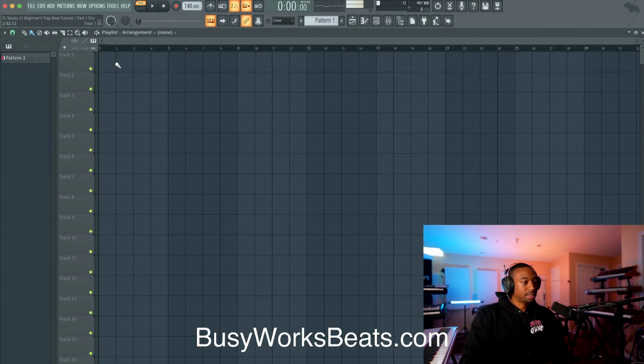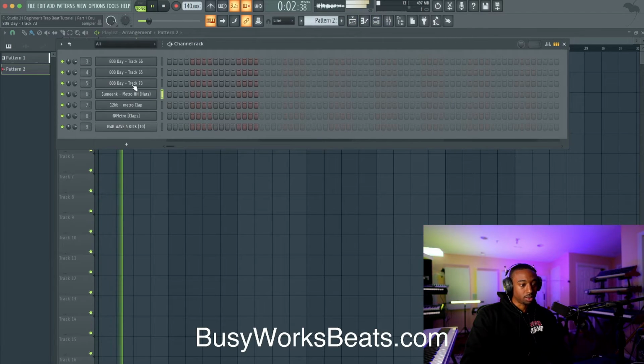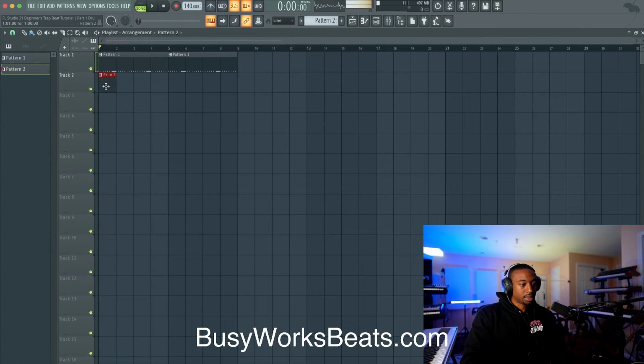Okay, so let's add that to the playlist. I like to separate my drums into different patterns. Okay, let's go to song mode, separate the sounds. Now let's move to pattern 2. And I usually keep my kick and my snare on the same pattern. Let's add this in and just drag the edge. So you just left click to drag in pattern 2 and left click to drag the edge.